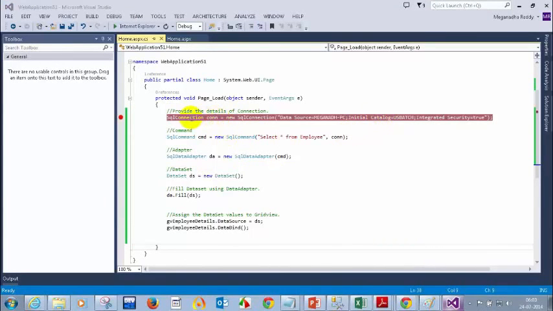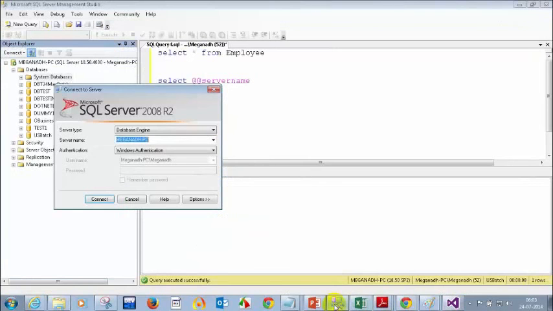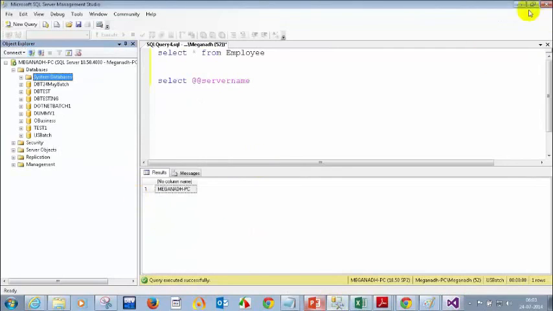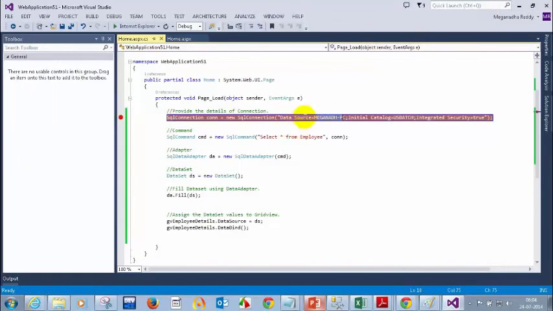So first I'm telling my application what server I need to connect to and what database I need to look into. If I tell you get the values of the employee table, you will ask me which database you want, because you have a lot of databases here. That is the reason for connection you first have to tell your server name and your database name.